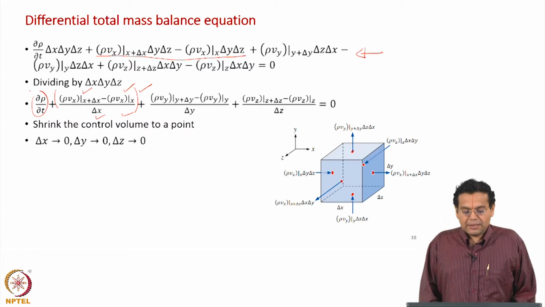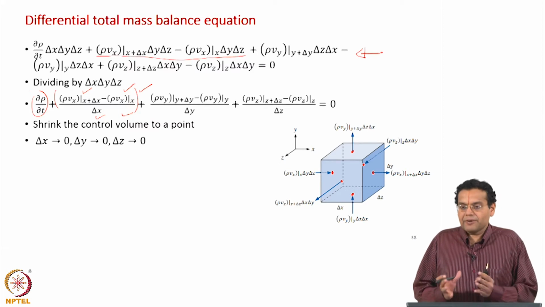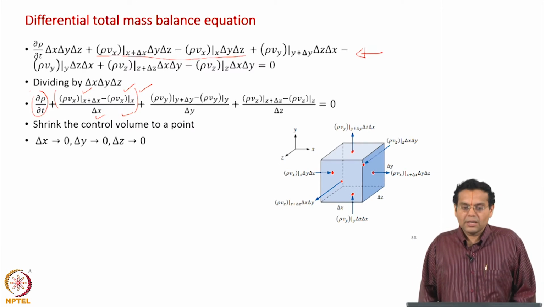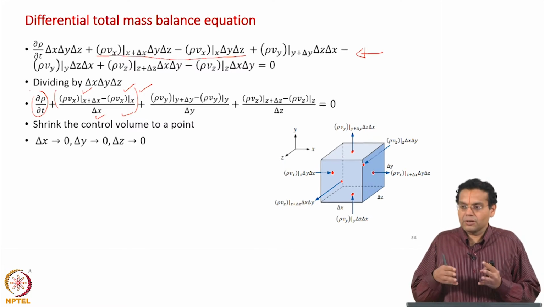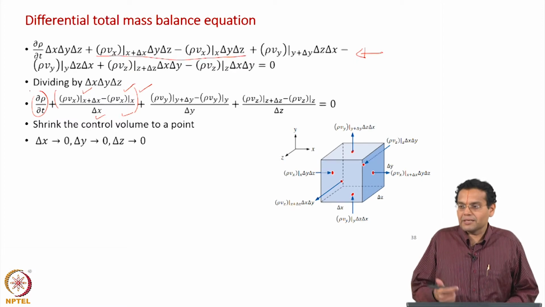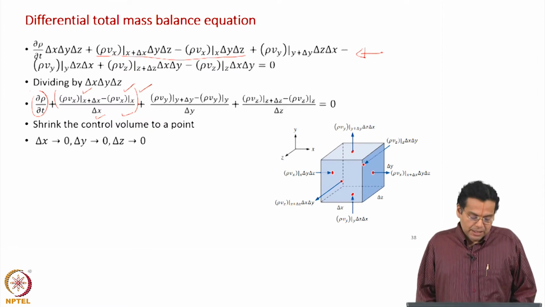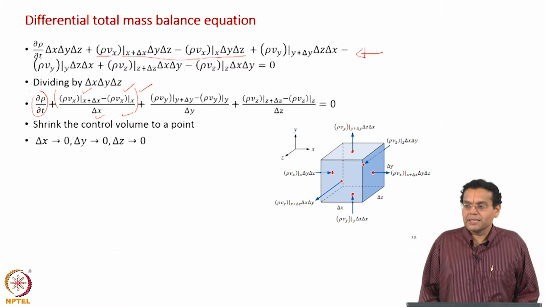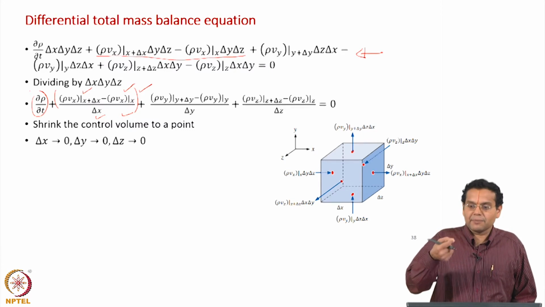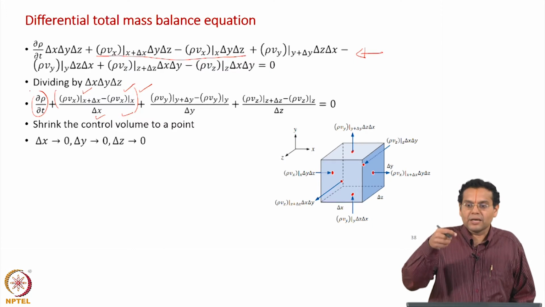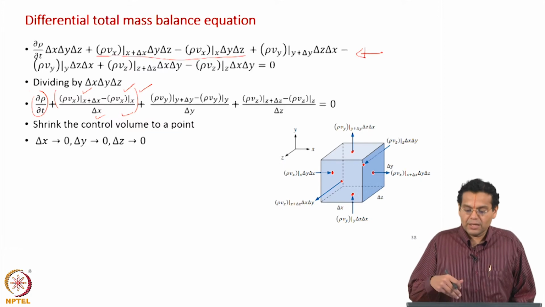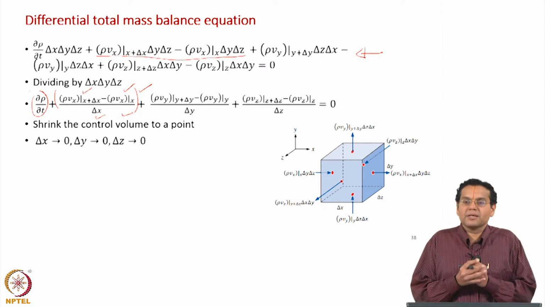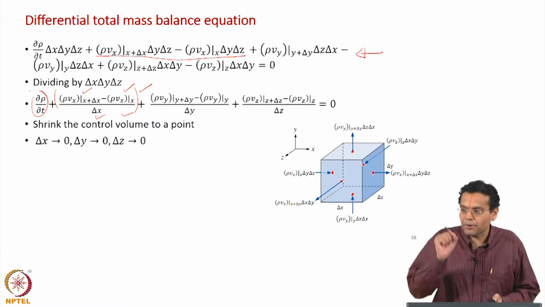Now, sometime back we said I consider an average density in the control volume. Now, that average has become a point value because the small control volume has become a point. So, no longer does average have to be mentioned, it just becomes a point value. In fact, if you are more formal, more precise, we should use a different symbol earlier and some other symbol now, for example, rho star earlier and rho star becomes rho. Just to avoid complexity, we use the same symbol earlier and now, but the meaning has changed. Earlier rho was some average value in the control volume. Now, because we have shrunk to a point, it just becomes a point value, and that is what we are interested in.